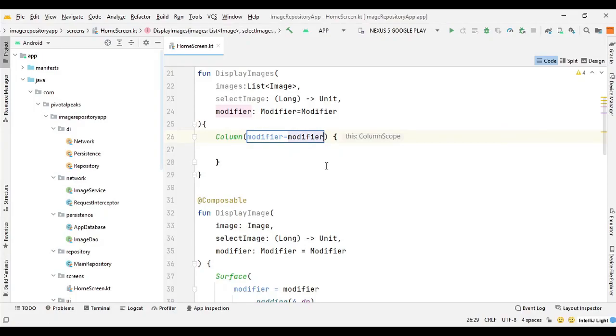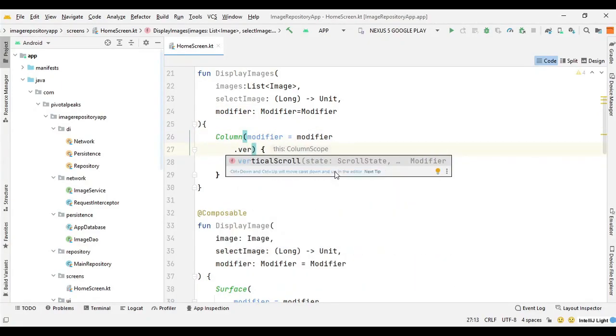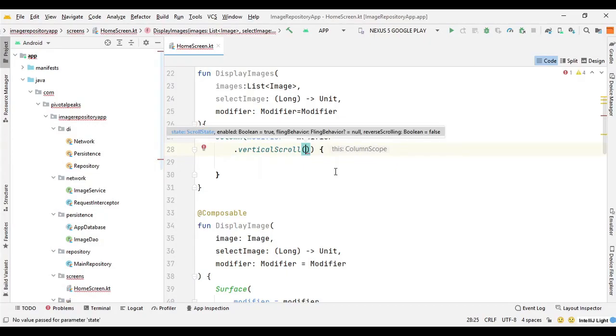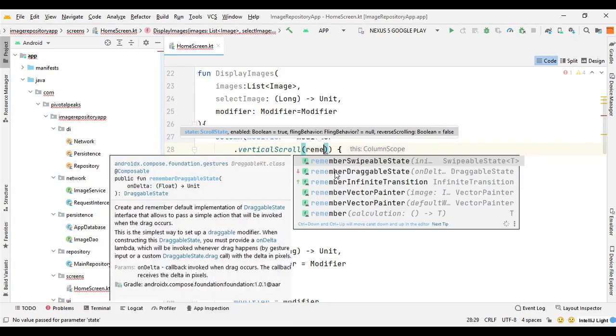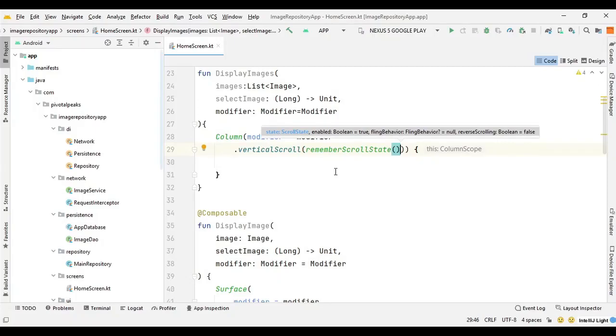and now we need to have a scrolling behavior because it's a list of images, so it can be very long. So we need this scrolling functionality. So we can say modifier equal modifier dot vertical scroll, and then we can use a composable function which is called remember scroll state for scrolling.